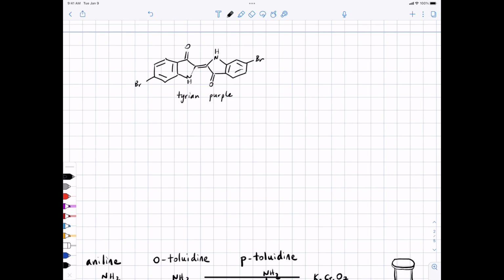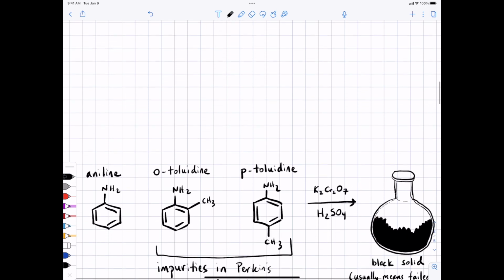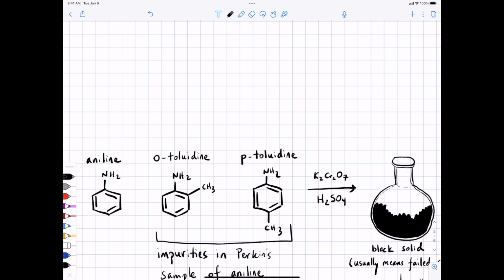up through the 1800s. In 1856, an 18-year-old William Perkin had a lab in his house, because this is, I guess, what you did when you were British and were fairly well-to-do. And he was trying to make a molecule called quinine, which is an anti-malarial. And he was trying to do this by mixing together aniline, which is this benzene ring with a nitrogen,